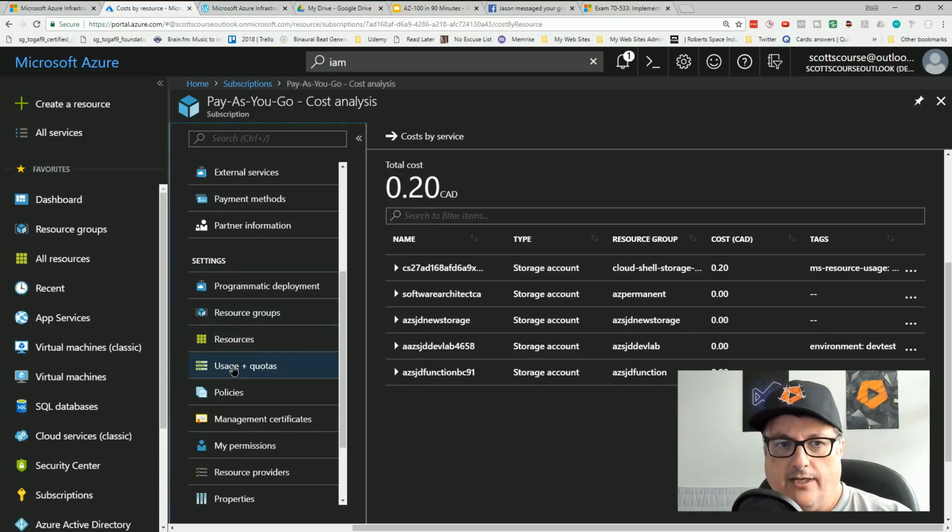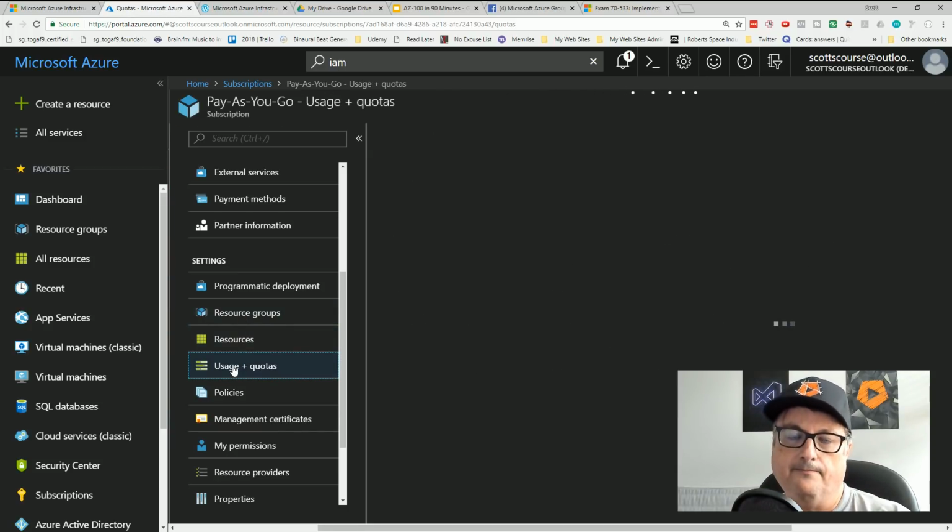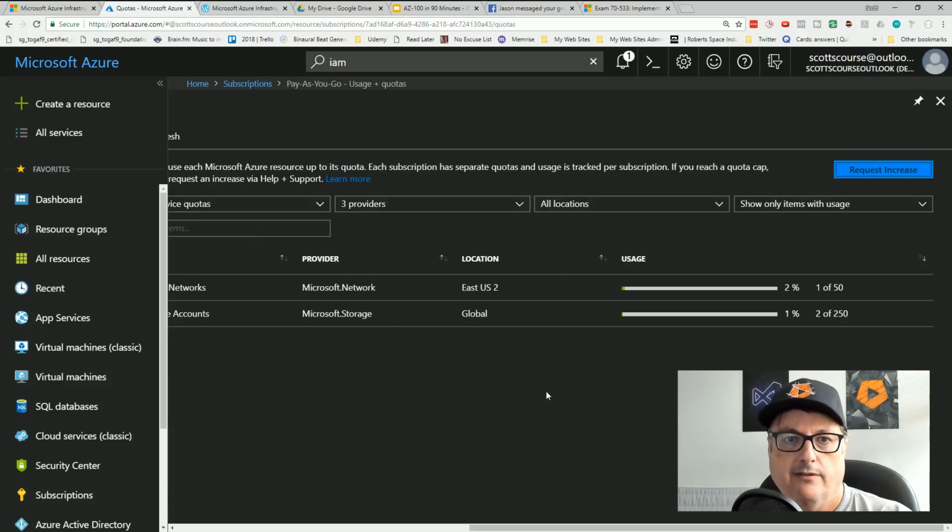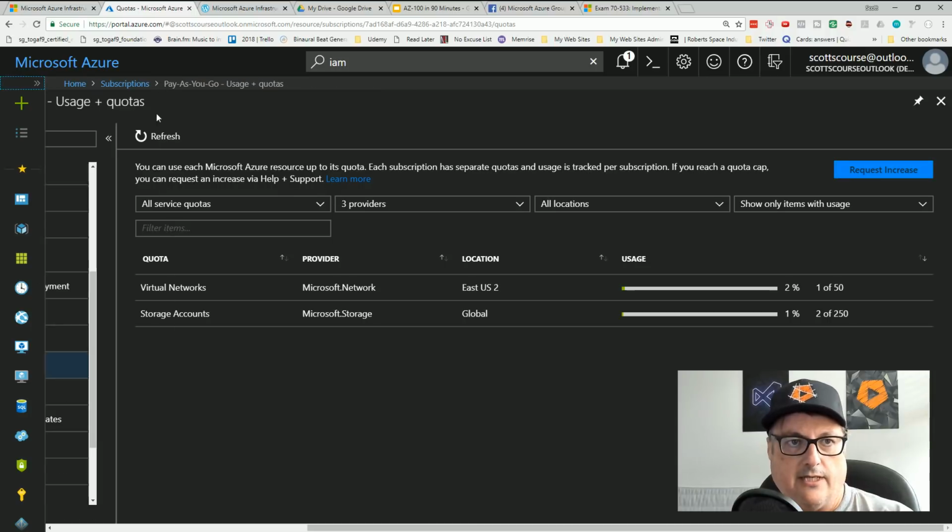Another thing I saw here, okay, so usage and quotas. I should set a quota for myself, or an alert or something. Let's close that. So you can use up to its quota. Each subscription has separate quotas, and then you request an increase.